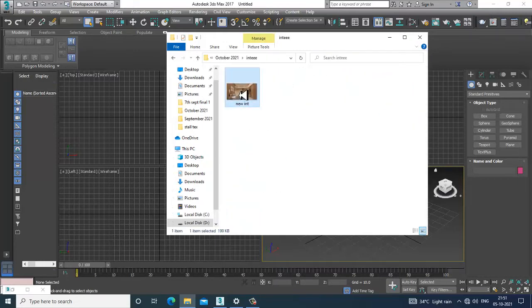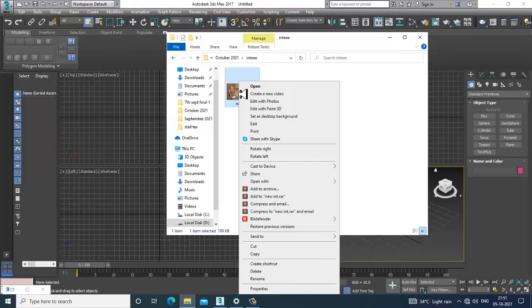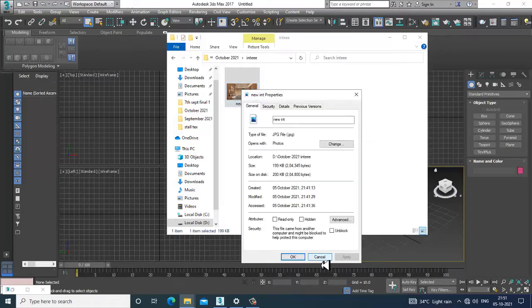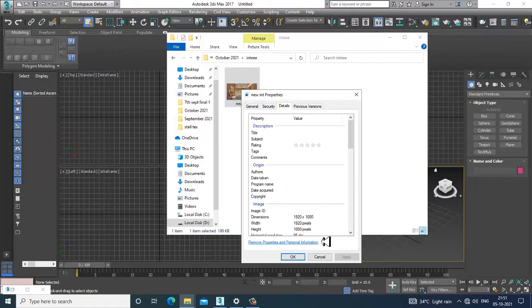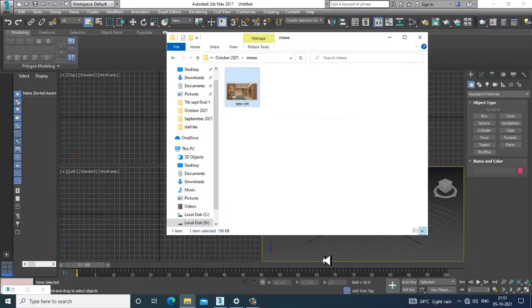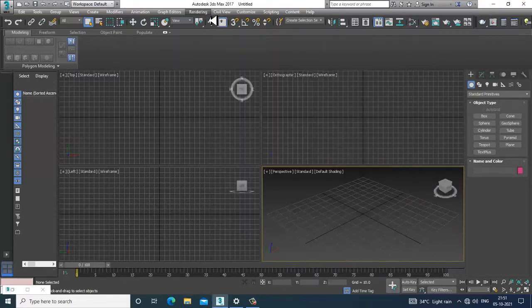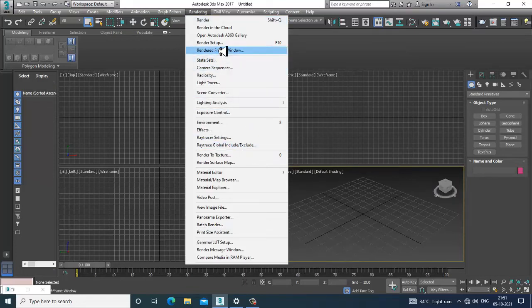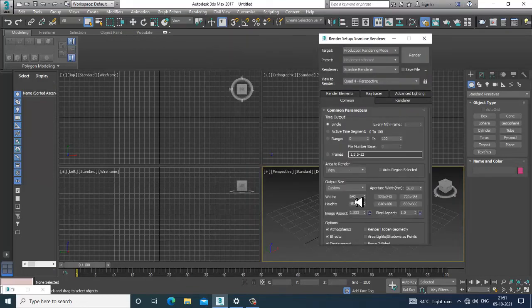Right click, click on properties: 1920 by 1000. Then go to rendering, render setup, set 1920 by 1000, set it to force two-sided and close it.